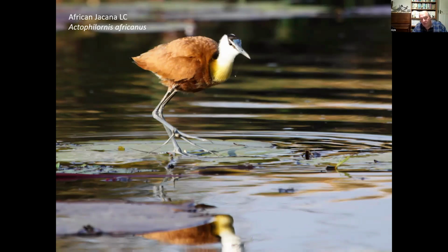But in our case, we didn't see them. We were on a fast flowing river, so there were no lily pads. So we did see it actually walking along the water's edge. It was a bit far away to get a decent photograph. But the name Actophyllornis actually did what it said on the tin, so to speak, as far as that one